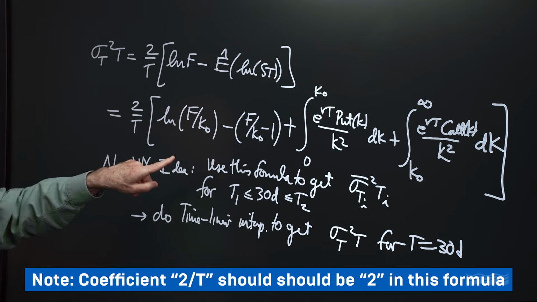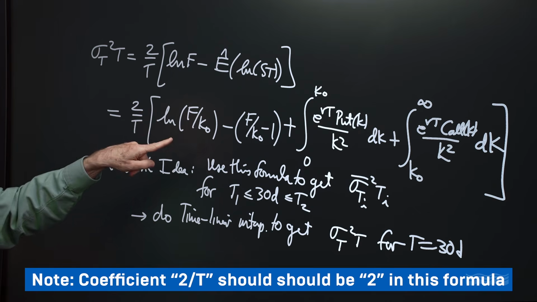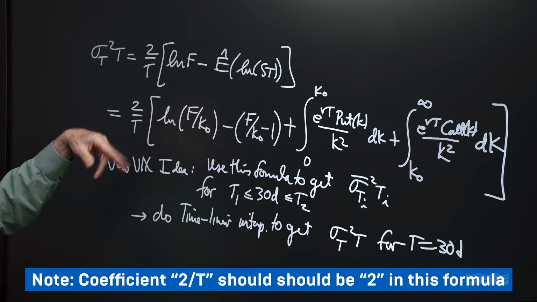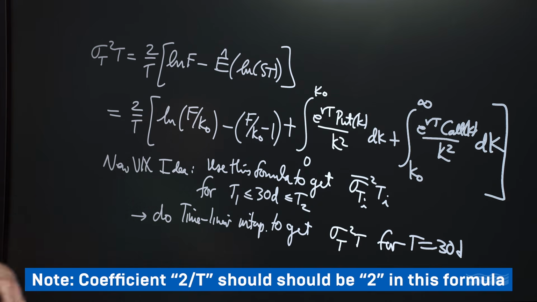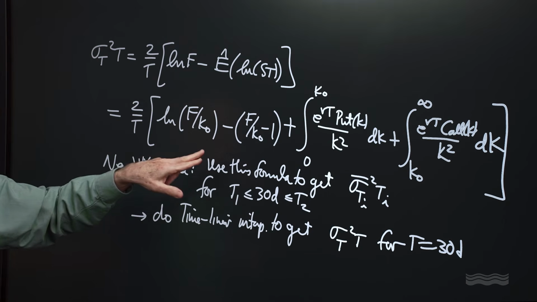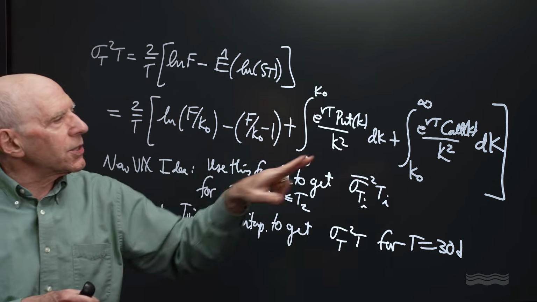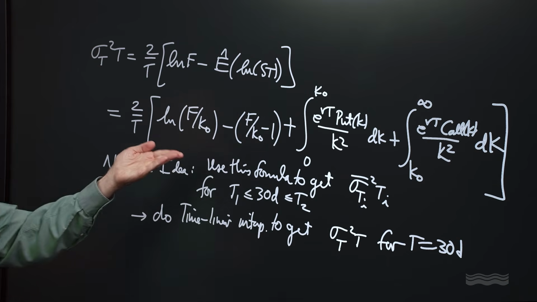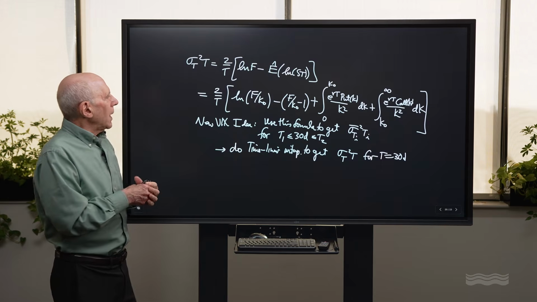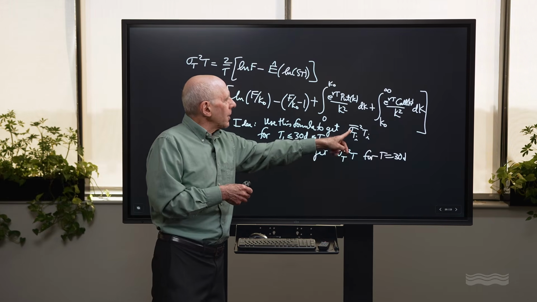of F minus the first term, which is log of K0. I've summarized that here as log of F over K0, because the log of a quotient is the difference of the logs. And then I have to change the sign of the other term. So I'm subtracting this instead of adding it, and adding these instead of subtracting them. So here's our nice formula. And this is what you can use to calculate sigma T bar squared